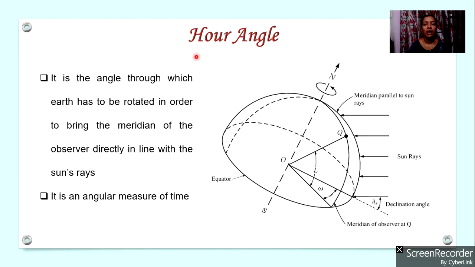So next one is hour angle. Hour angle is denoted as omega. What is hour angle? Hour angle is the angle through which Earth has to be rotated in order to bring the meridian of the observer directly in line with the sun's rays. So it is the angle by which the Earth has to be rotated to bring the meridian of the observer directly in line with the sun's rays. Okay, so let us assume that an observer, a person, is located at this point